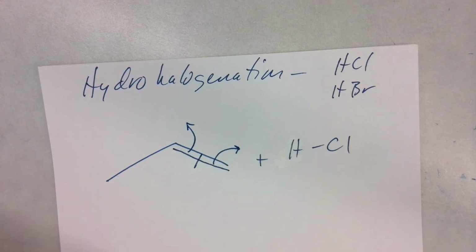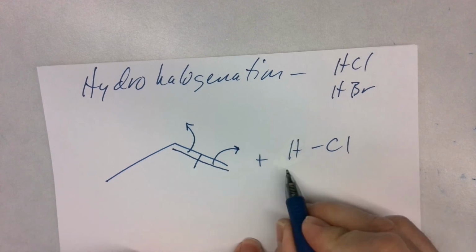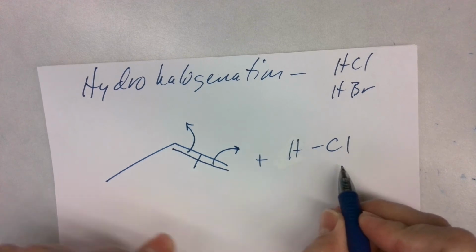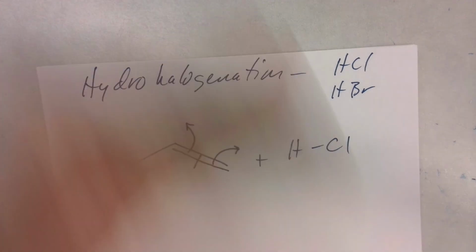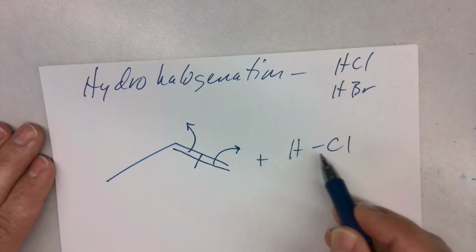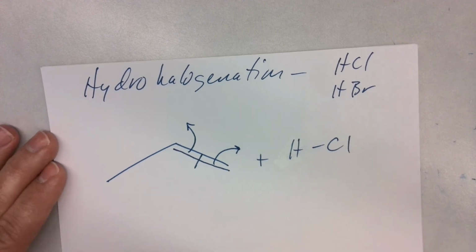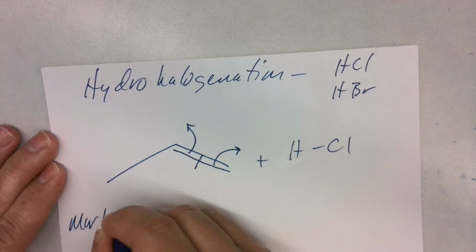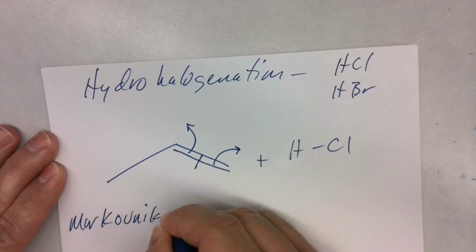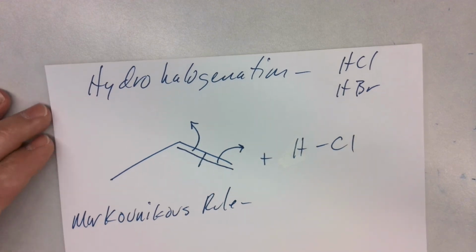Now, notice how these are now different things. One's an H, one's a Cl. Anytime you get, and everything after this, because the first two are the same, hydrogenation and halogenation, I'm adding the same thing. It doesn't change. These are now different. When I have things I'm adding that are different, they introduce you to what is known as Markovnikov's rule. Okay? Markovnikov's rule